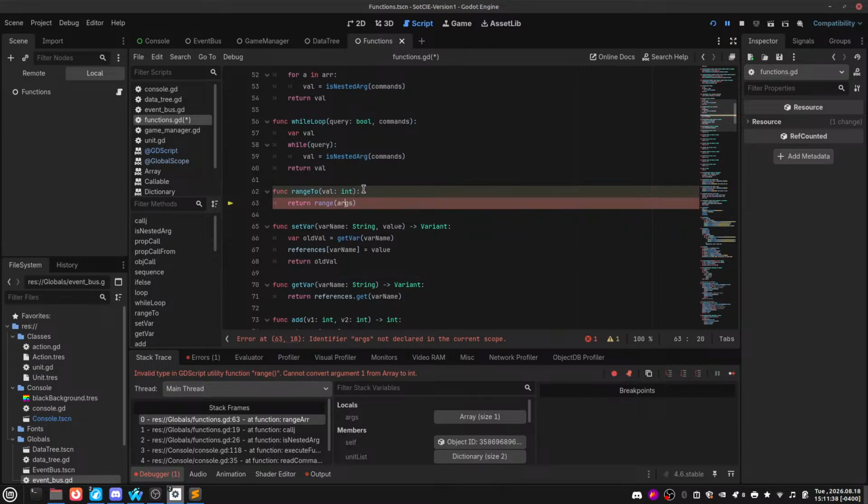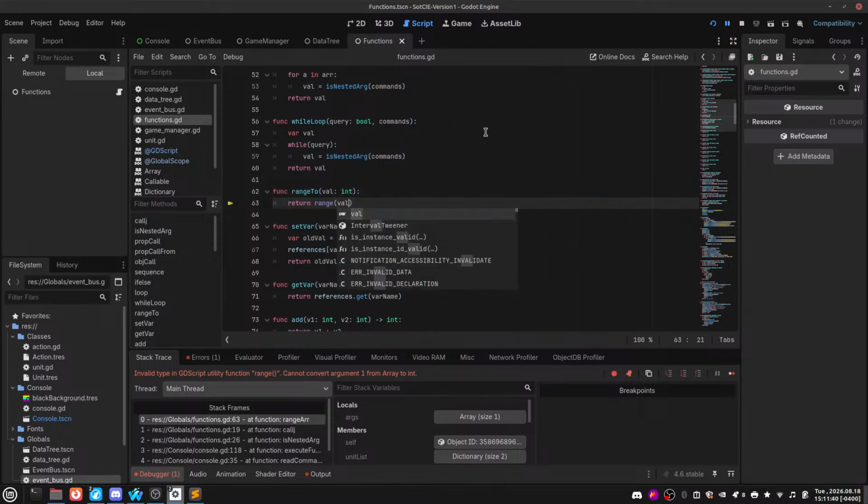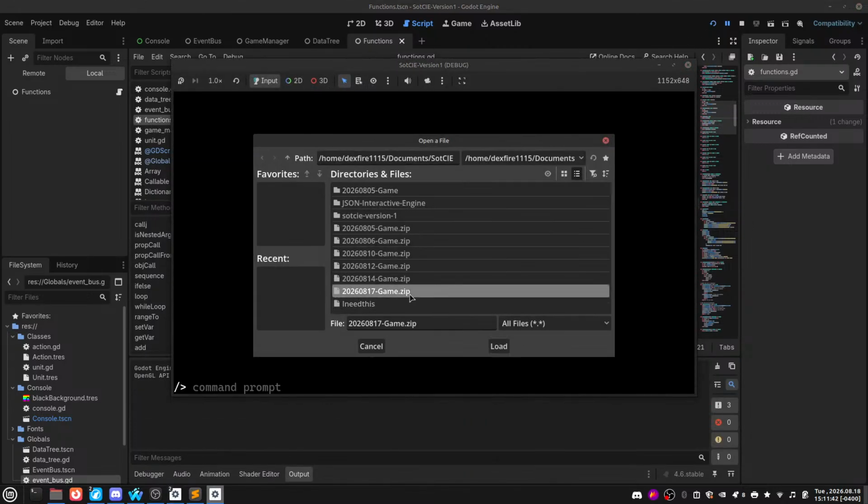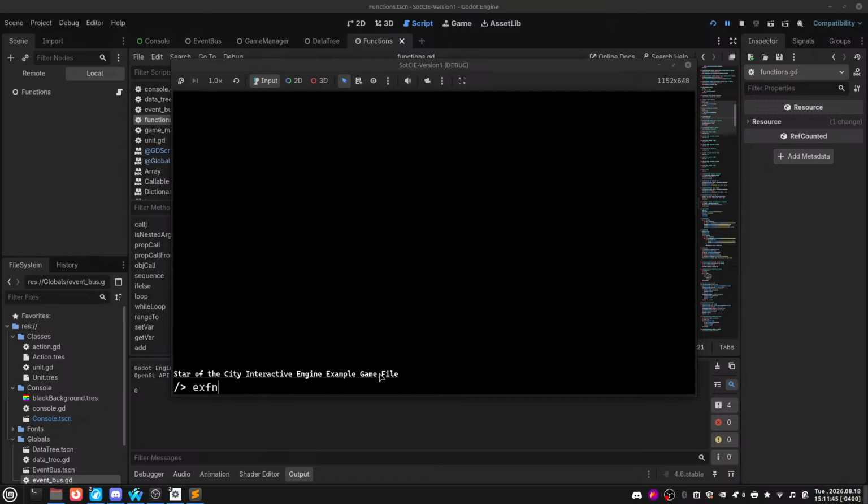And we'll just do a range for val. So then we can just do return range 2. So we can do execute function range 2, and it's range to 10. And there you go. So now we can execute the function, which is called loop, and then